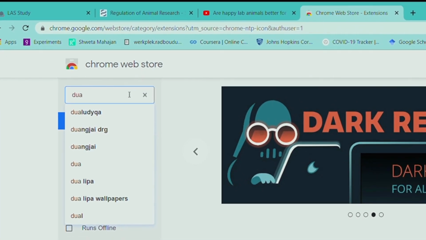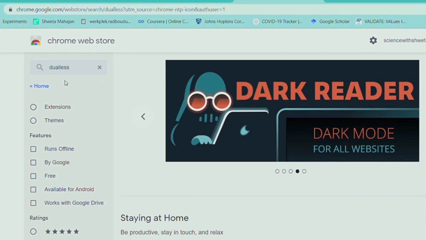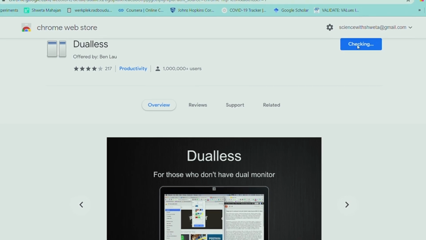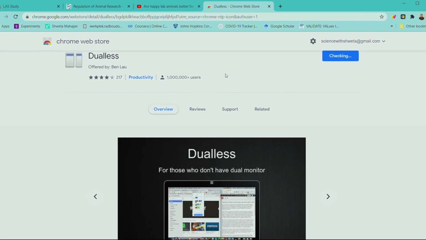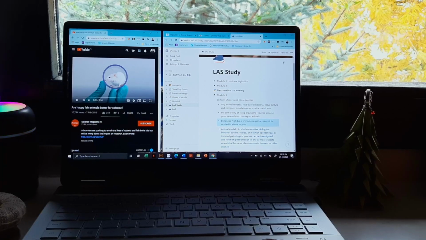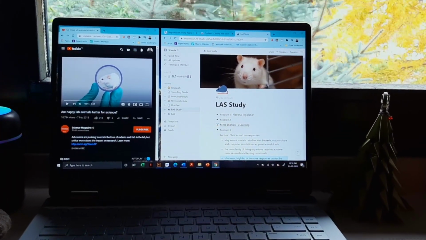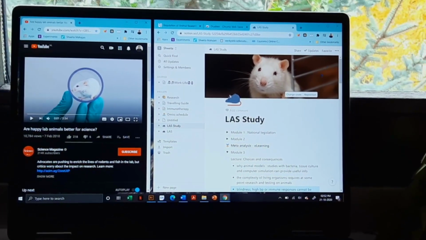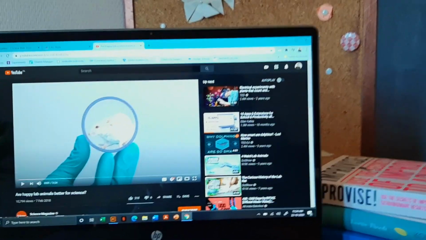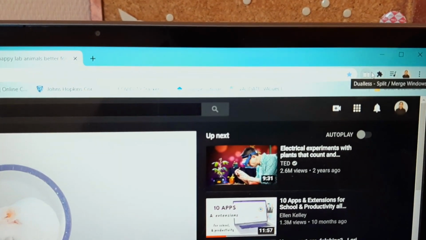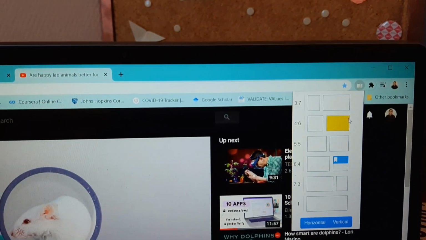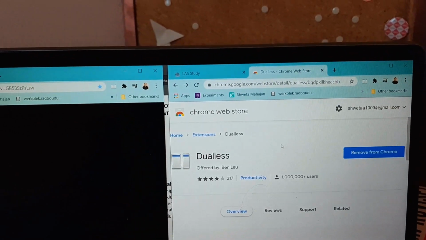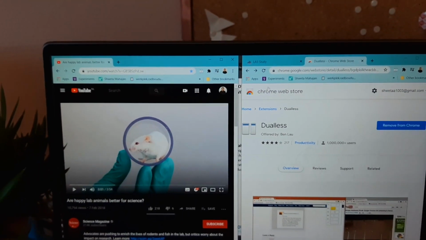The first Chrome extension is DualS or DualLess, whichever you prefer. I call it DualS. We all dream of having a cool dual monitor setup, and only a few of us actually have it. But if you have to frequently shift between pages or you find splitting the browser manually frustrating, then DualS can fix this problem. DualS splits your tabs and you can easily separate and resize the tabs. So, you can take notes while attending online classes or while watching video. It also has a bunch of dimensions or ratios that you can choose from.